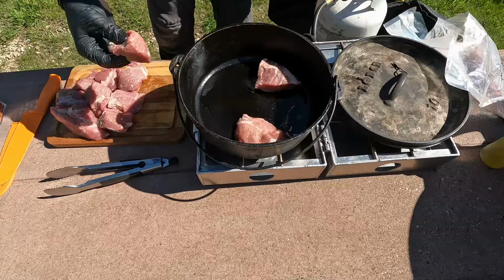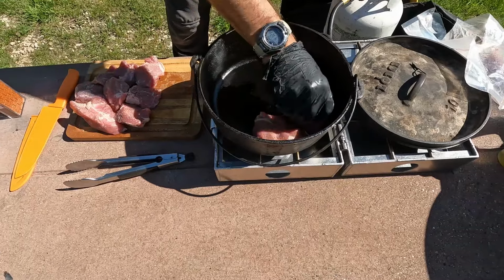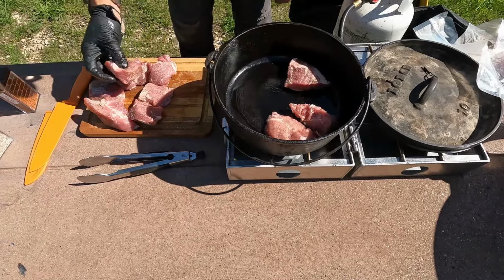In the meantime, our Dutch oven has been heating over here on our 2-burner camp stove. We're just going to start this off on the camp stove so we can get these browned fairly quickly. We've coated the inside of that Dutch oven with a little bit of avocado oil, which we like to use for any kind of higher heat